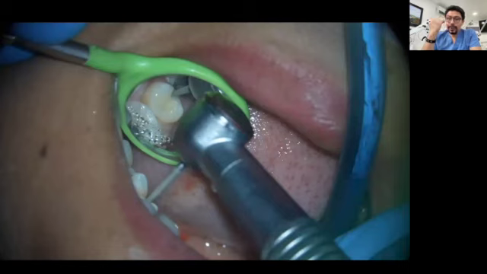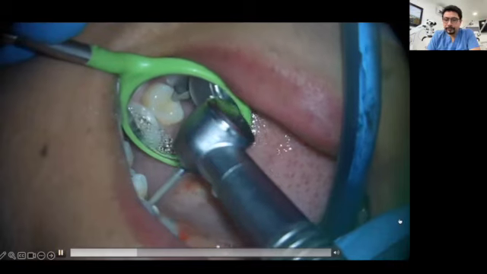The microscope will become an extension of your eyes. So the microscope should be directed to the mirror. So the first thing that you need to decide is where to position the mirror, and the microscope will go to the mirror when you need to use it. Because I already explained that with the 3D microscope, you can have direct vision almost all the time. You will see in this video that it's possible to do an access opening in an upper molar with direct vision. You just need to pay attention to how to position the head of the patient and how to angulate the